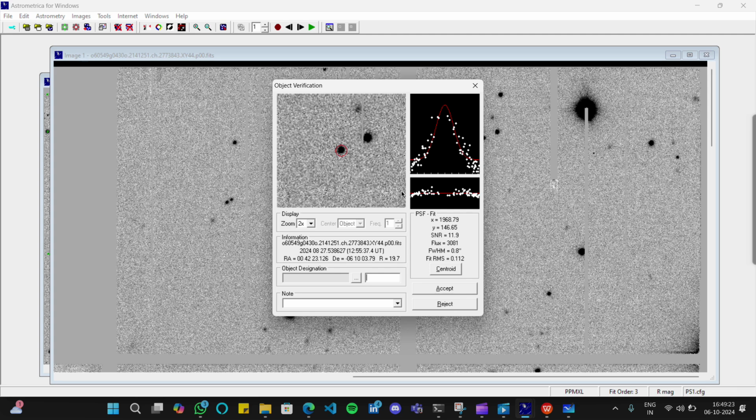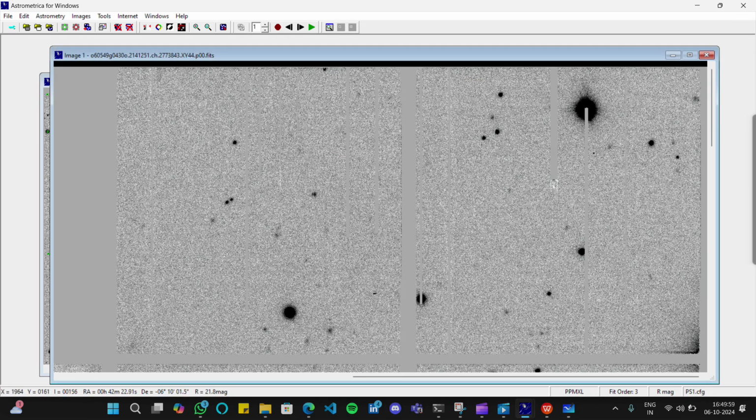It is not like you will give the name to the asteroid one time and the asteroid is done. You have to give the name four times: image one, image two, image three, image four, because four images are there. You give the name and click on accept. When you click the accept button, it will be accepted and the name will be highlighted like this. I am not clicking on accept because then the image will be reflected here, like the red images with some number showing. So let me cross it.